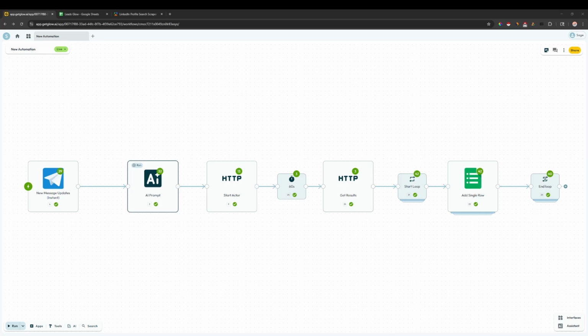Alright, this is just going to be a quick video showing how you can create an automation that allows you to scrape leads from LinkedIn by sending a message from Telegram to trigger the workflow. So basically the way that this is going to work is you have a trigger here that will trigger on any new message when it's received through Telegram, and then that will be passed to an AI prompt node here,